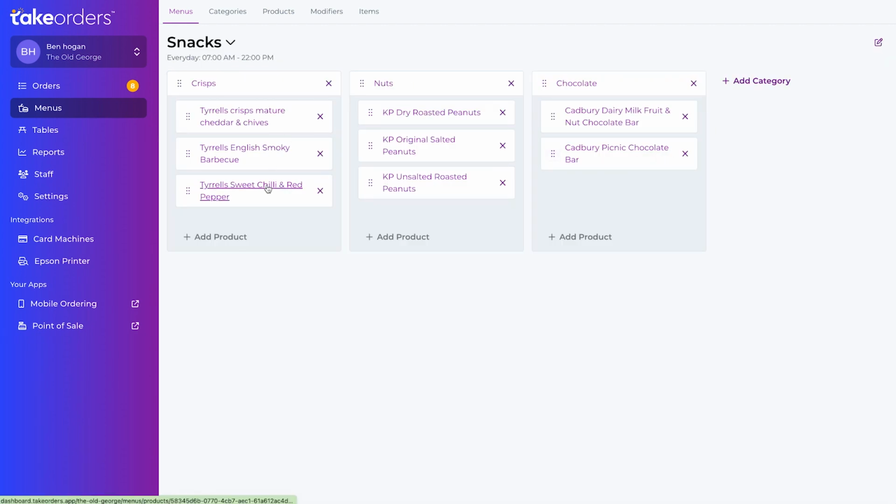Now, there's many ways of adding a product to our system, and some people might want to add, for example, we've got crisps here. Now they've added a product for the cheddar and chives, they've added a product for smoky barbecue, and then the red pepper. Now that's 3 different products. Now, depending on what it is, you can actually just add one product and then use your modifiers for the user then to be able to select, or for you to be able to drill down in your point of